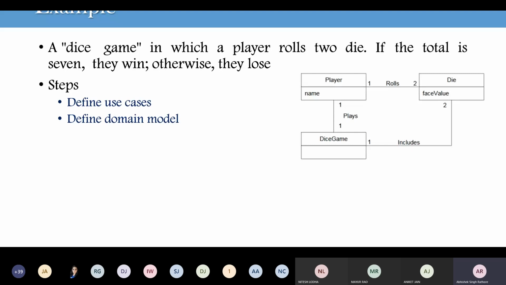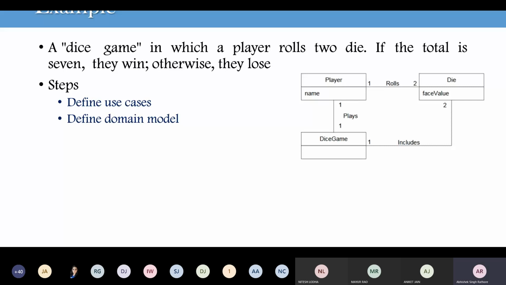The question arises: why are we including use cases in our object oriented analysis? The simple answer is that this is a very popular tool in requirement analysis, and because it is popular, it has been included in the unified process. I will cover what the unified process is in a later part of our chapter.